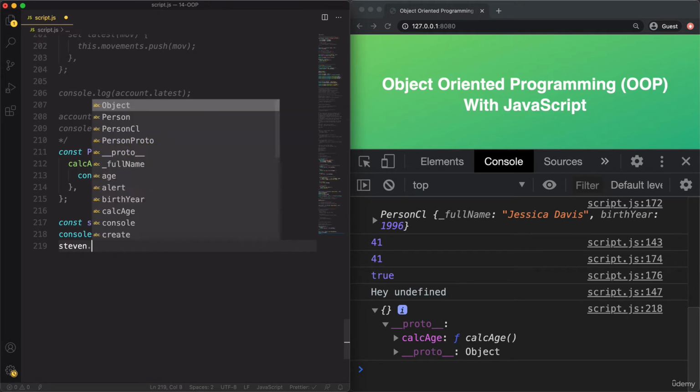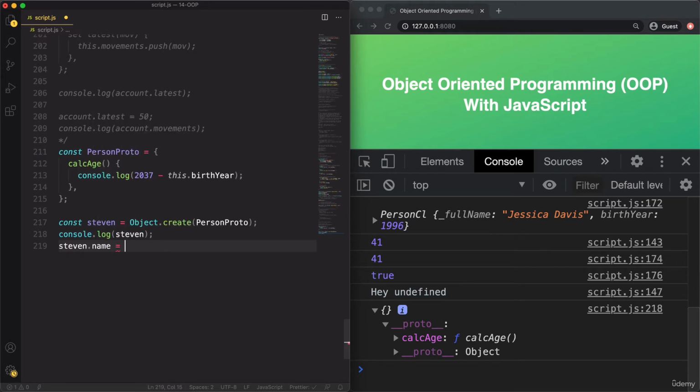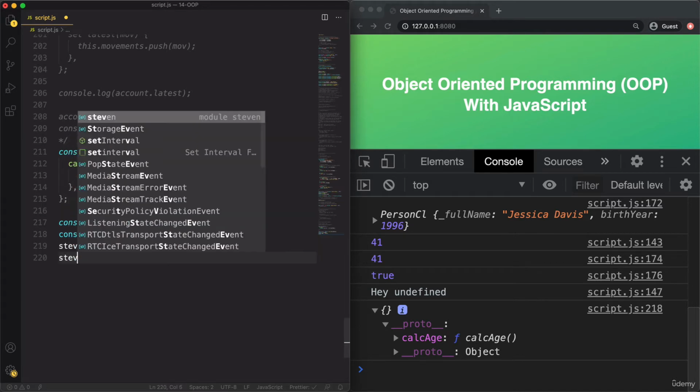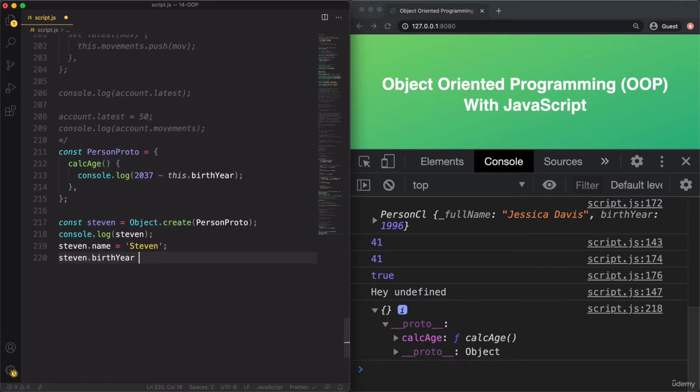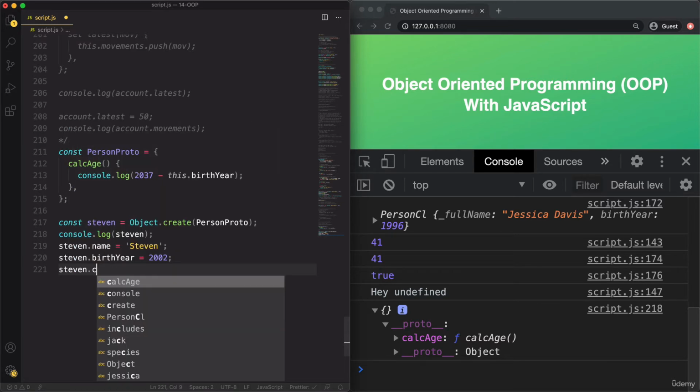So steven.name. So I'm doing it here just like I would do in any other object literal. And so this is not ideal, of course, but we're going to fix that in a minute, because of course we want a programmatic way of creating new objects instead of having to do it like this. But again, for now, we are just worried about the prototypes and the prototype chain here. So we should now be able to say steven.calcH,